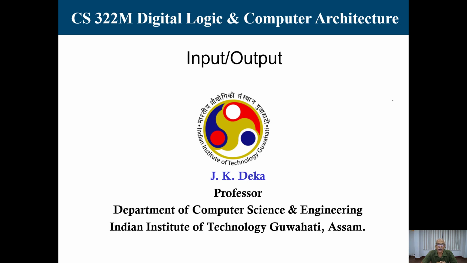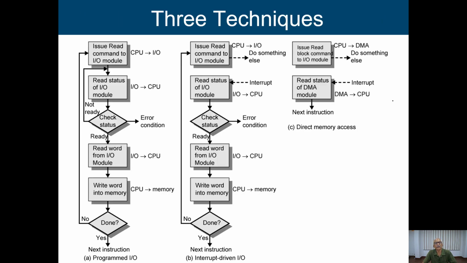Okay, now to connect I/O devices to the processor, we have seen that we are going to take help of an I/O module, and through the I/O module we are going to connect. And to transfer the information from input devices to the processor, or from the processor to the output devices, we have three different techniques. In the last class I mentioned them. These are programmed I/O, interrupt driven, and DMA, direct memory access. We discussed the issues related to programmed I/O in our last class. Today we are going to see the issues related to interrupt driven I/O.